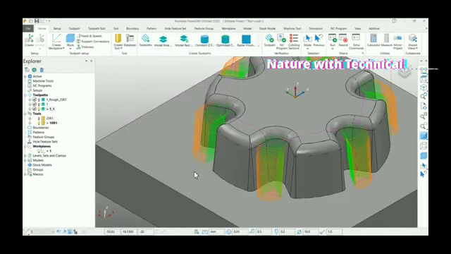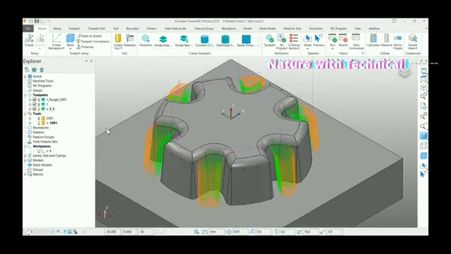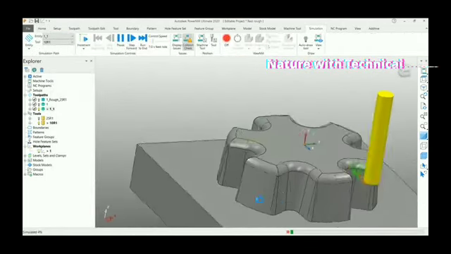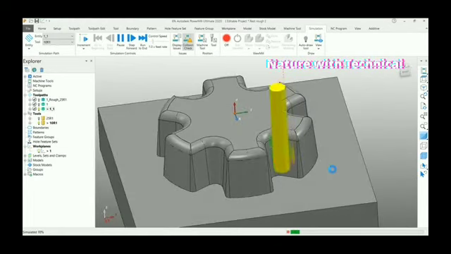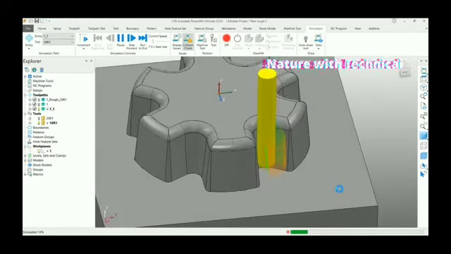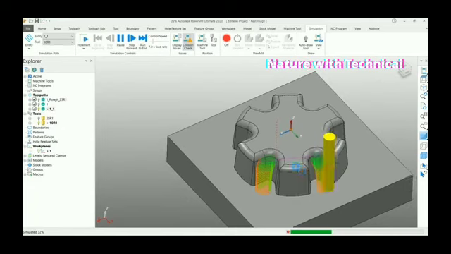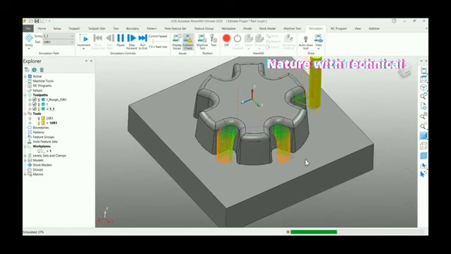So let us see how it simulates. If you right click here, go to the simulate option, and you can see the toolpath moves continuously in a spiral motion to complete the profile. So like this, you can generate the toolpath with this continuous kind of motion to reduce your rest machining toolpath time.